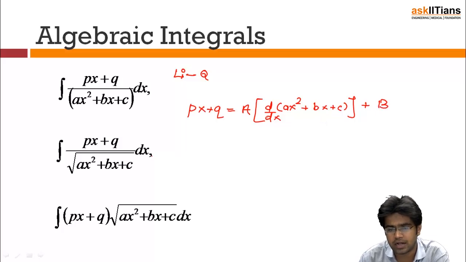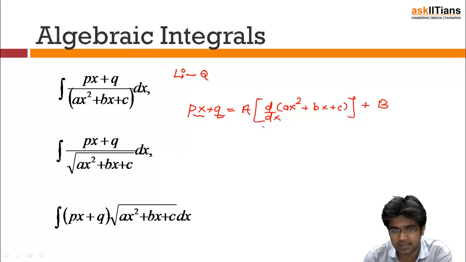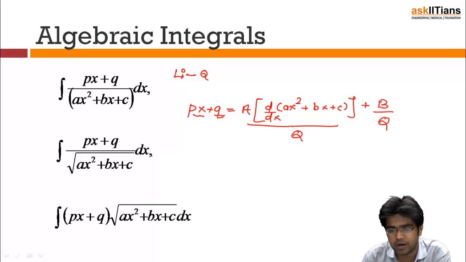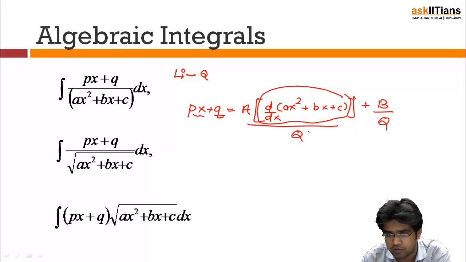So what I'm going to do is compare the values with x, and compare the values with our constant. That means I'm going to get two equations in a and b, and I can solve them simultaneously. What helps us is that if this quadratic is in the denominator, how can you solve this first part? This is the differential of the quadratic, which is available. So if you put the quadratic as t, dt is available. That means it will be straight away log of the quadratic.